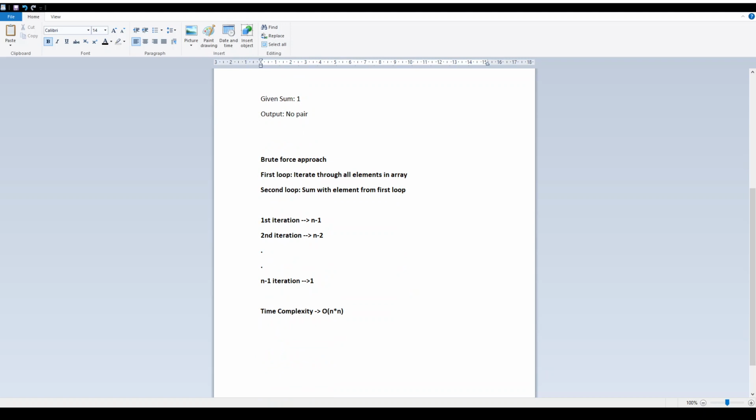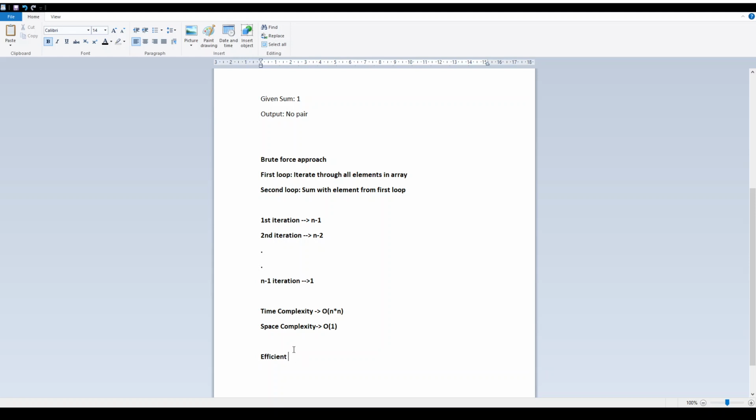Okay, now can we be more efficient? Let's come to whether we can reduce this time complexity. And yes, space complexity: we are not using any extra space here, so space complexity will be constant, or I can say order of 1. Okay, cool. This was the brute force approach.